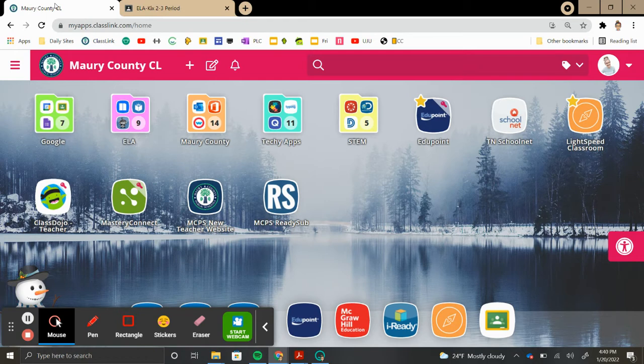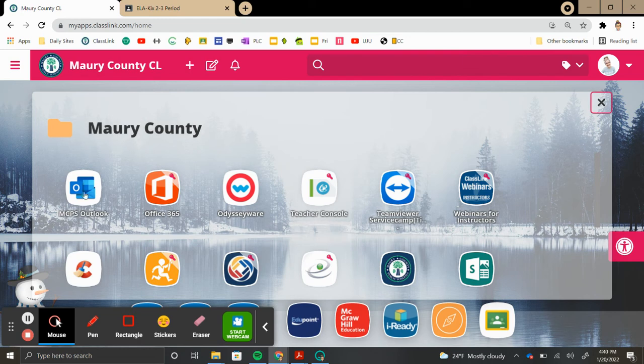And so I know we haven't had a lot of practice with email. So they should find their email in ClassLink. It'll be MCPS Outlook. Once they click on that, their username and password will be the same as their computer login. They will click on that and they will sign in,